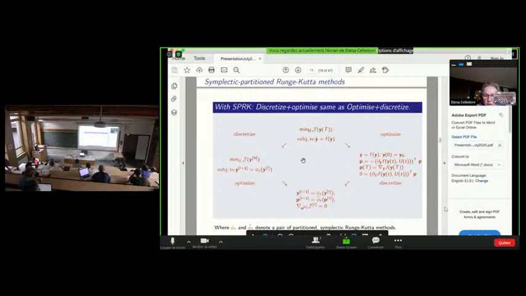So the commutativity of this diagram here, discretize then optimize, and optimize then discretize, is obtained provided you solve your boundary value problem with a symplectic partitioned Runge-Kutta method, which means that you apply one method for the first equation for y here, and you apply a companion or an adjoint method for the equation for p.